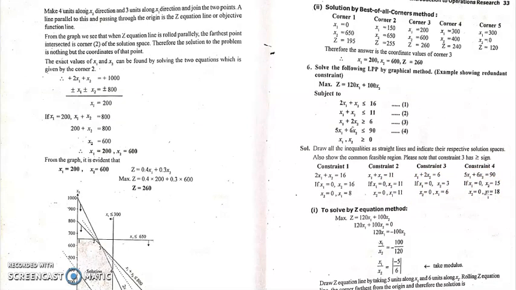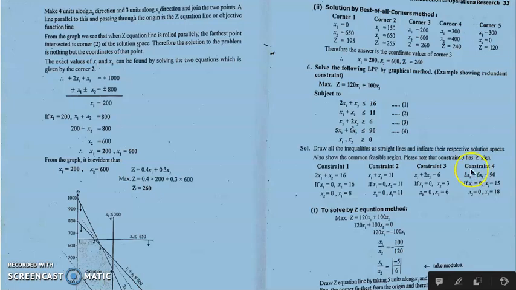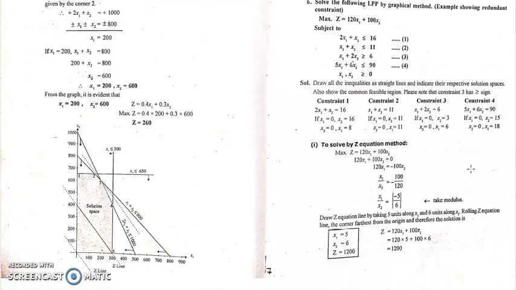So this is the solution space actually. There are 4 lines you can observe, 1, 2, 3 and 4. One more thing you need to observe here is that there are 3 constraints which have a less than or equal to sign, and one inequality has greater than or equal to. Now you can see this is the solution space definitely, because this satisfies this equation also, which is less than, near to the origin.